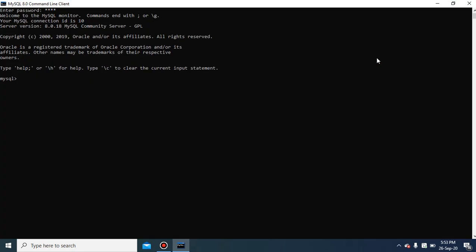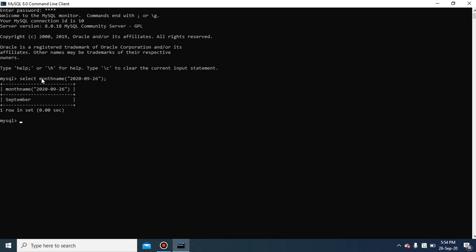It doesn't need any table. If we need a table, then we will use the command use and then the database name. We don't require the table here, so I can simply write select monthname, and here you provide the date as 2020-09-26 and then the semicolon.